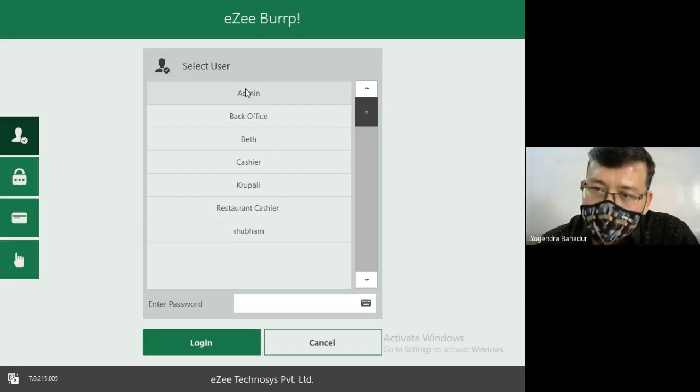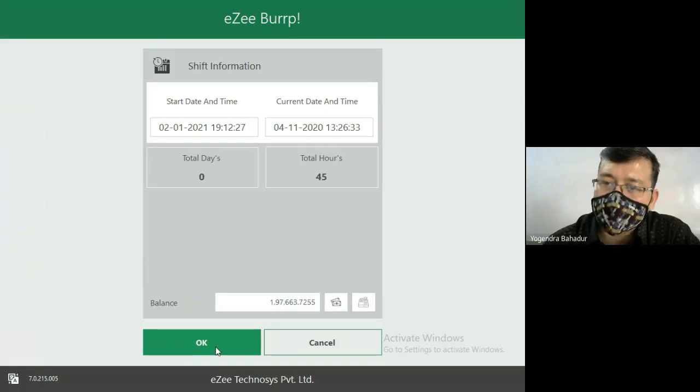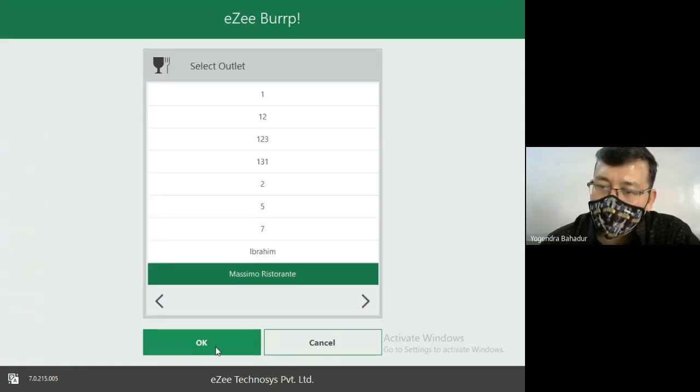So here we are focusing on the working IDs, the things which are under the rights of the stewards and the captain. So we will use the admin only, and then we will go for the login. Once we go for the login, the select outlet will come. Like if you are working in the coffee shop, and the name of your coffee shop is All American Diner, then you will have to pick that particular outlet.